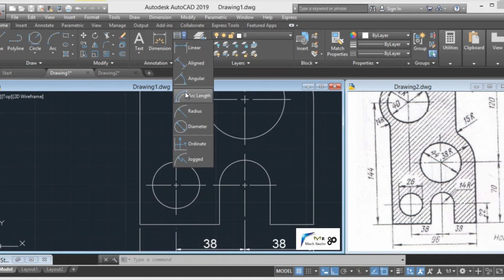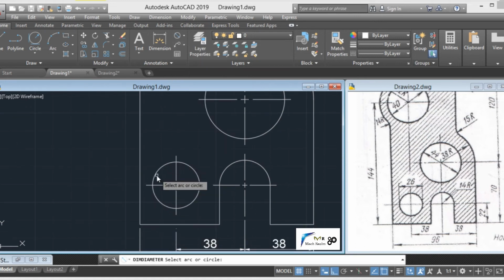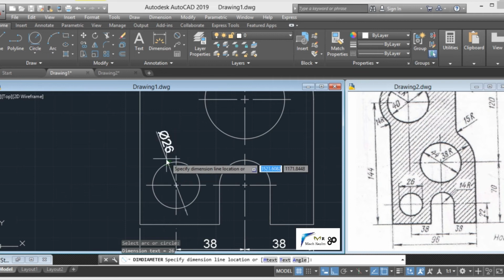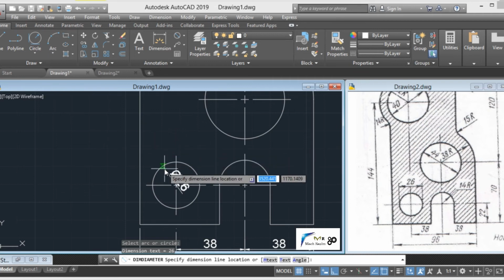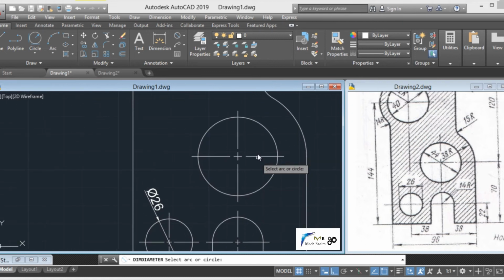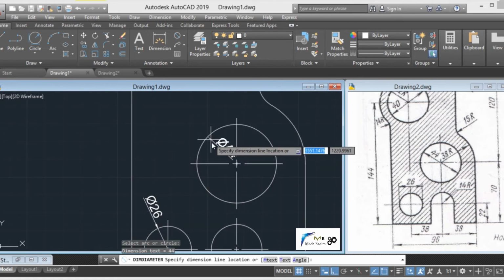Now the diameter of this circle. For this we'll have to select a diameter like this and place it outwards, or we can simply place it here. Now once again diameter, this one has 44.